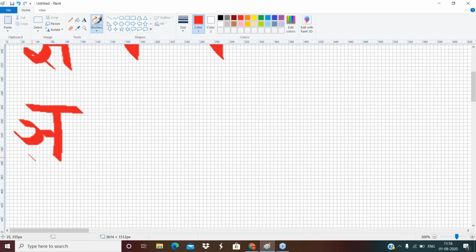So this is nya in Devanagari. In Sharda, how we write is